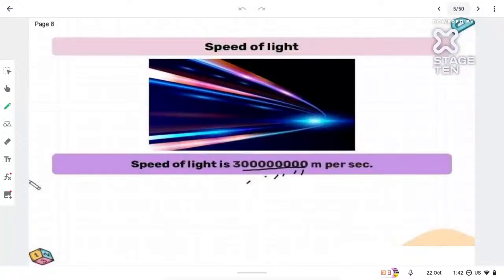So basically, light is very fast. Light is nothing but a form of energy, right? We all know that it is very fast. It moves super fast, isn't it? It's not like 1 meter per second, 2 meters per second. No, it moves very, very, very fast. So if you want to see the speed of light, that is actually